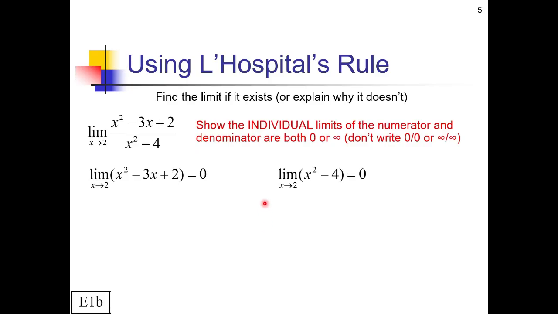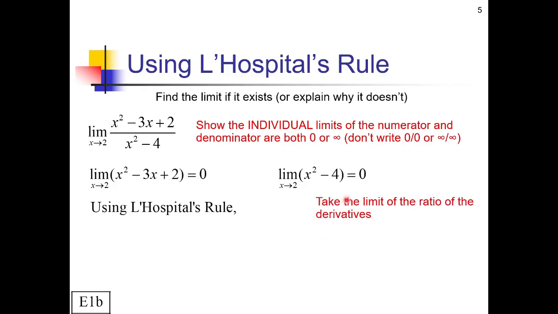Now, once I've shown that those are both 0, I'm going to write using L'Hopital's rule. So I'm going to be very explicit about to use it. And then to actually use L'Hopital's rule, we just need to take the limit of the ratio of the derivatives. So what that means basically is differentiate the numerator and the denominator separately, stick it in a fraction,